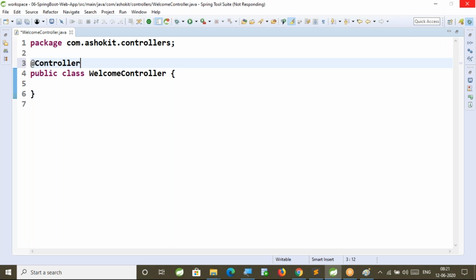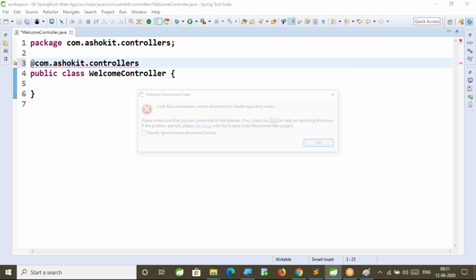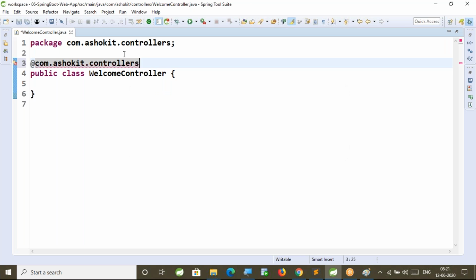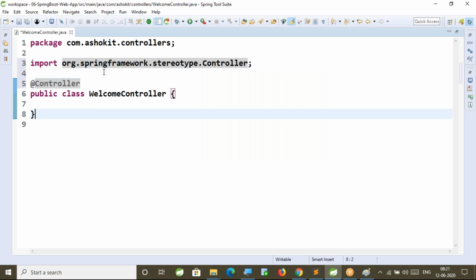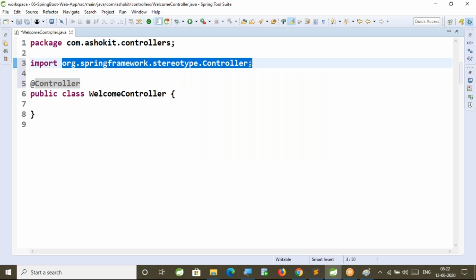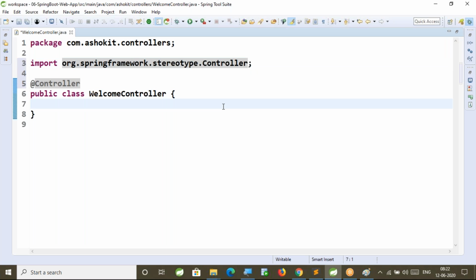I'm importing that package. @Controller. Now this is a stereotype annotation to represent our Java class as Spring Controller.